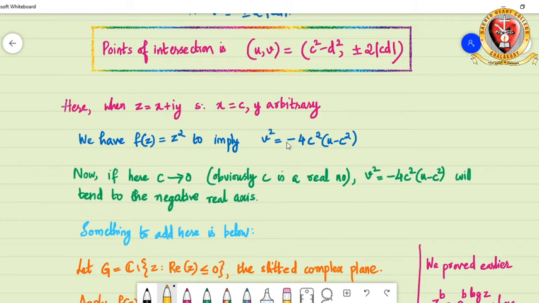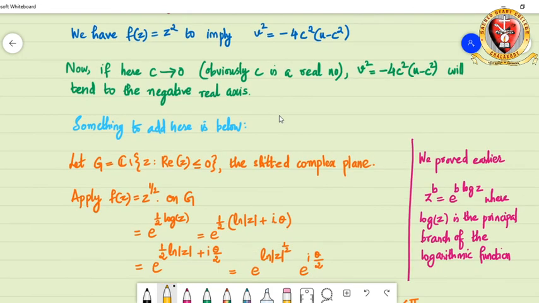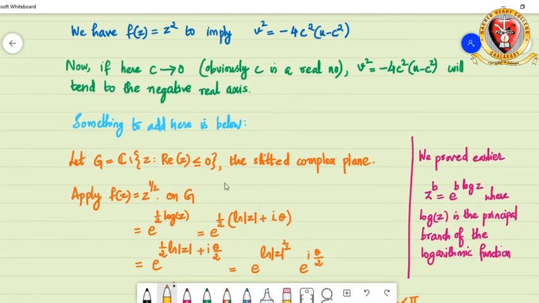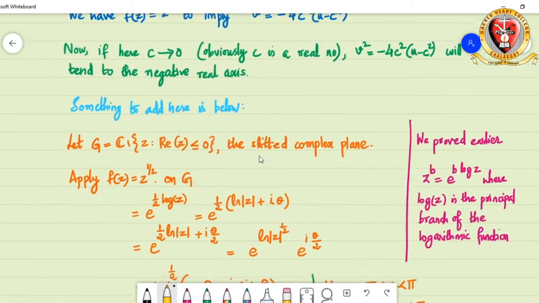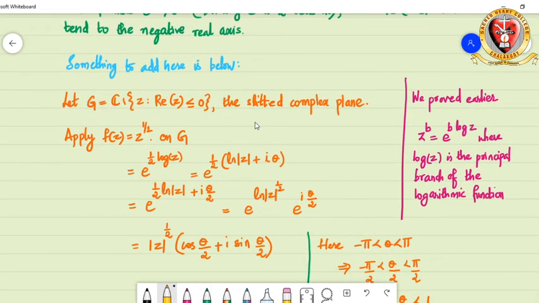And here you are having a minus sign, so this v square will always tend to the negative real axis. That is an observation we get from here. And something similar to this is being added as we go on. Suppose G is the slitted complex plane, excluding the negative real axis and 0,